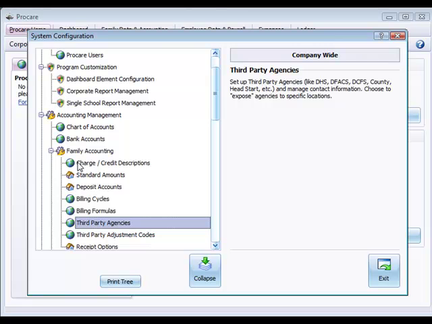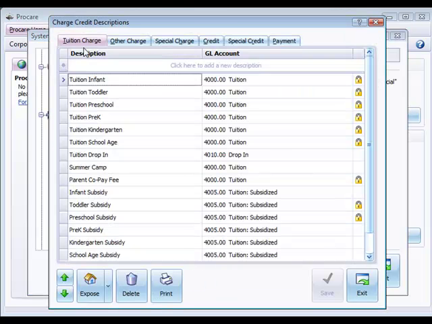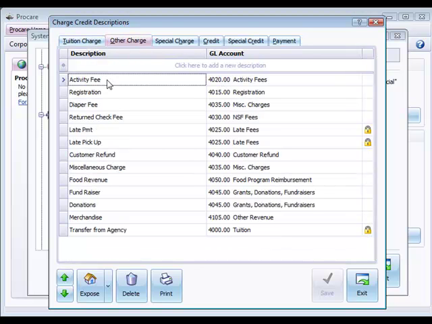The next section we want to look at is charge and credit descriptions. Under tuition charges, you'll notice that I've added some descriptions that specifically reference revenue for a subsidy rather than just standard tuition charges. This is optional, but it can be pointed to a different revenue number if you'd like to keep your subsidized revenue separate on our reports from your standard revenue. In the Other Charge tab, there's an important description here. This is transfer from agency, so it's charging to a private tuition source